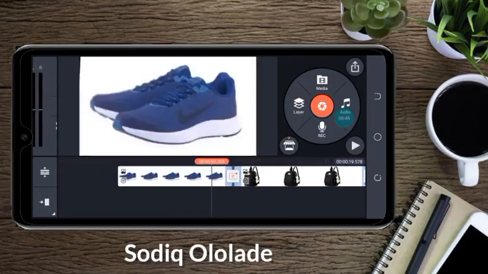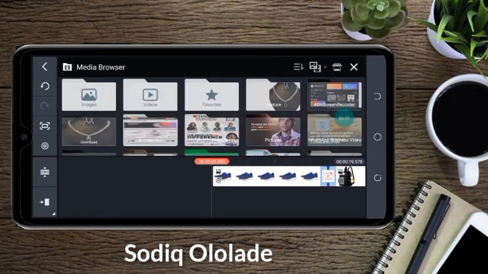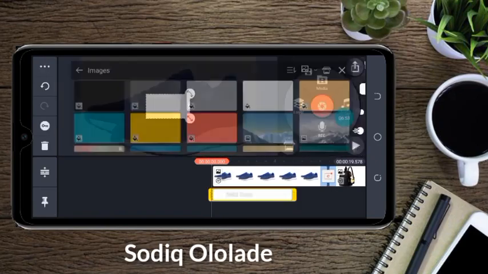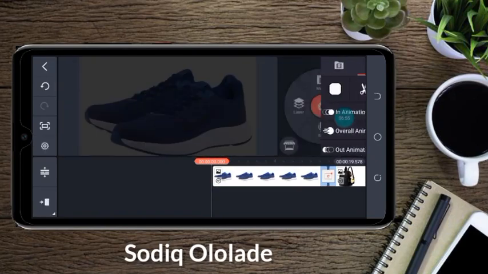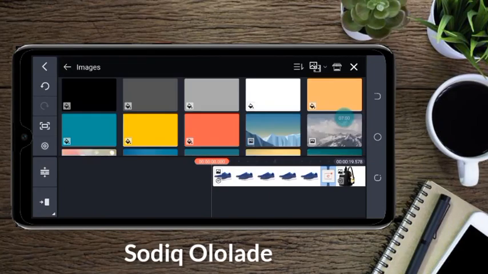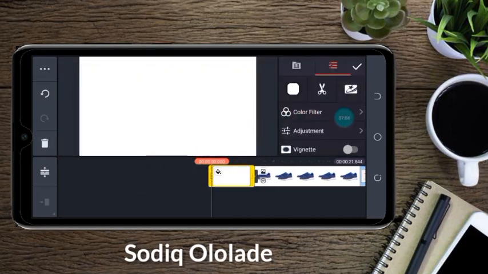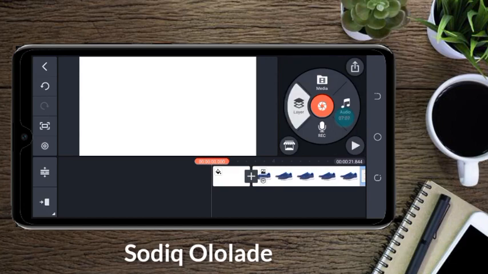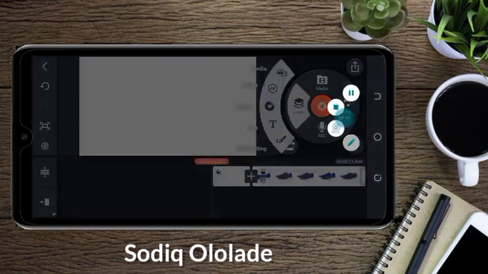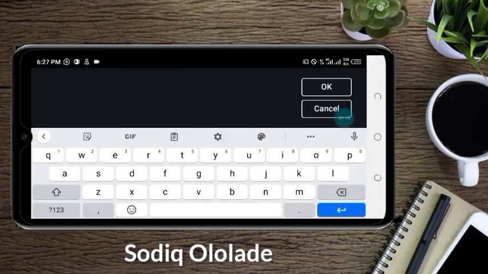And also remember, at the beginning I would like to just add maybe a plain background. Then go to media, click on images, click on your white. So you just have to reduce this guide time. So you can now choose to come to layer. You know, layer is used to add anything on text, right? So when you come here, you click on text, maybe your site or your website name,